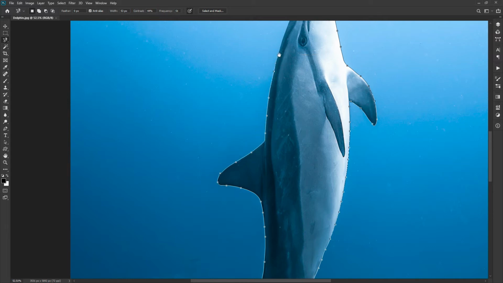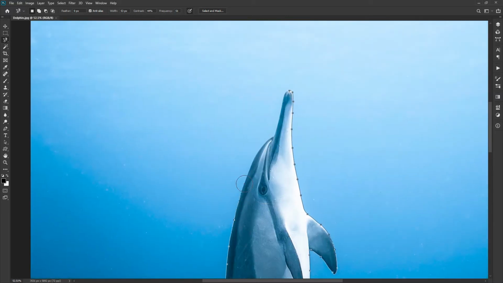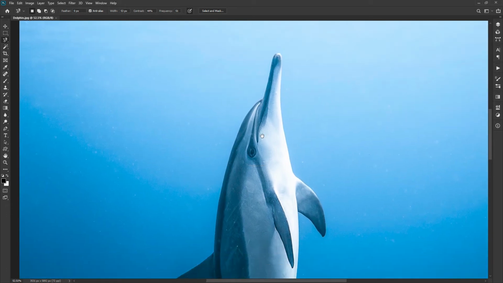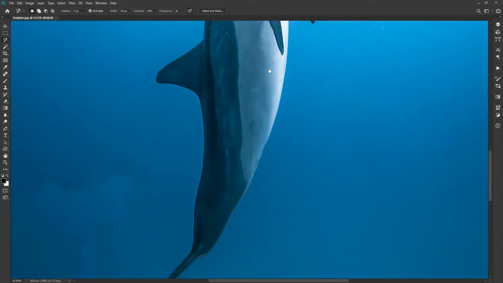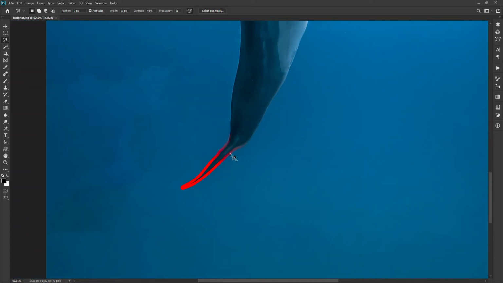Contrast also plays a role in the selection. Setting the higher contrast percentage will look for the higher color difference on the edge and avoid the lower color difference edges. So if you have a high color difference on the edge you want to select, like here we have, go for the higher contrast value. Press the escape to cancel the selection. When you have lower color differences on the edge, you should set the lower contrast value and lower circle width to select the edge precisely.